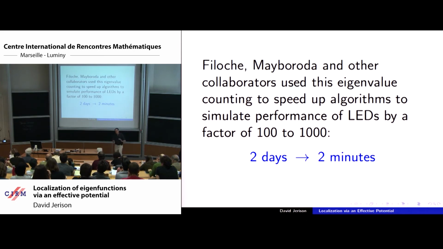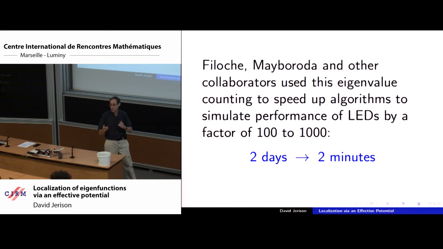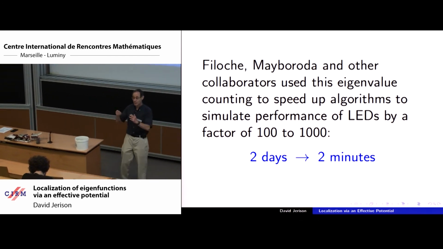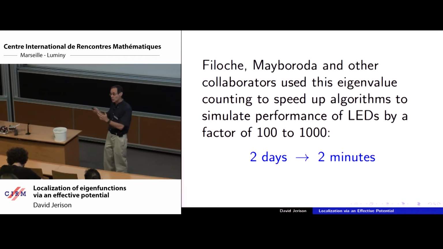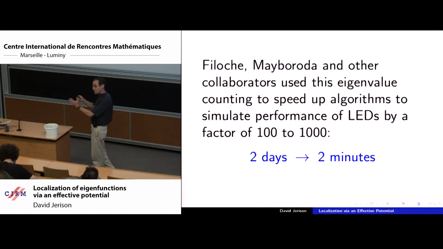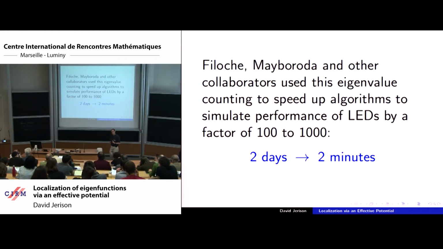Okay, so this is very neat. And what I want to tell you now is that we have the beginnings of an explanation for a strong connection between this effective potential, which is sort of the right perspective of the Filoche-Mayboroda landscape function, which is the function u. So the reciprocal is the right point of view, with some actual theorems associated with it. Okay, so that's what I want to explain.